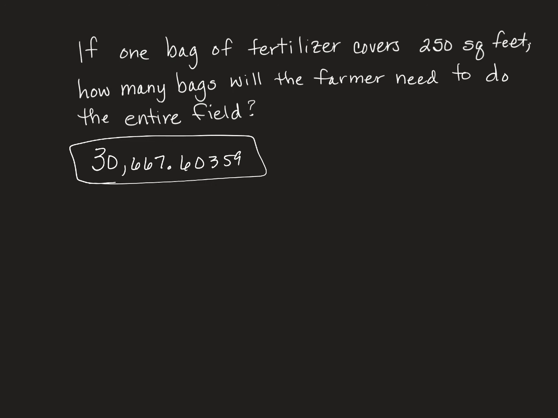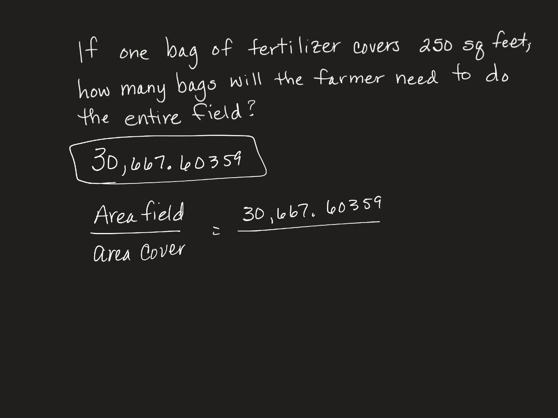So there's my entire field's area. You're going to take the area of the field and divide it by the area covered by the fertilizer. So that means I'm going to take 30,667.60359 and divide that by 250. I get